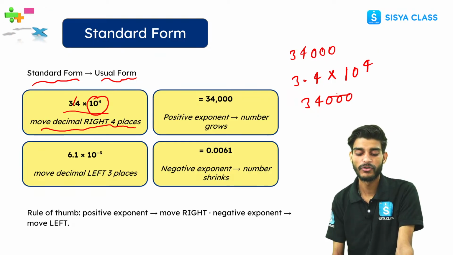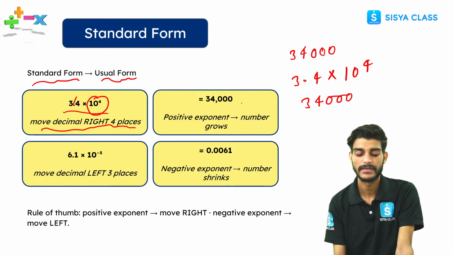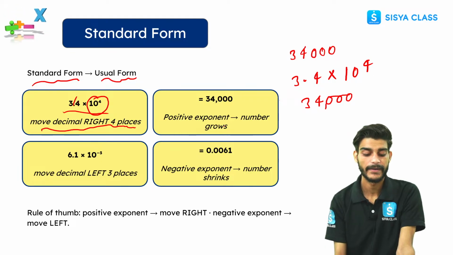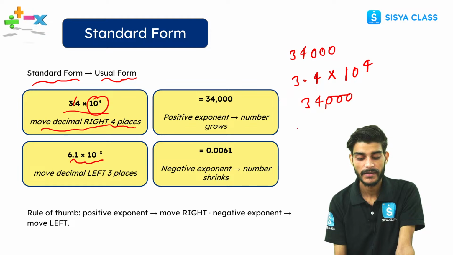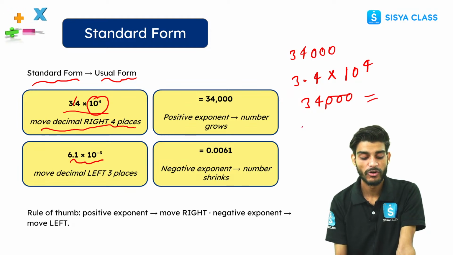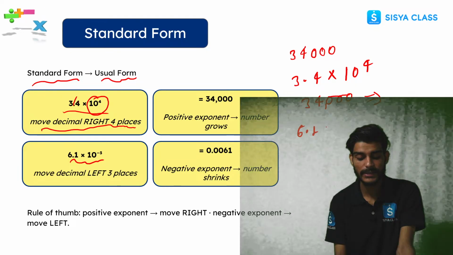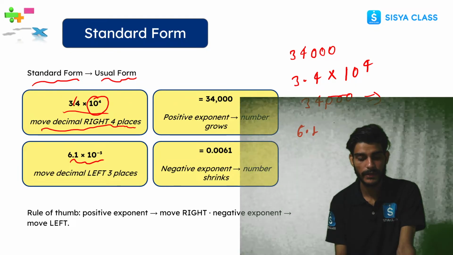So 34,000 is the correct answer for this. Next one is 6.1 into 10 raised to the power minus 3. This is a big number. For small numbers, how will I write? For small numbers like 6.1 into